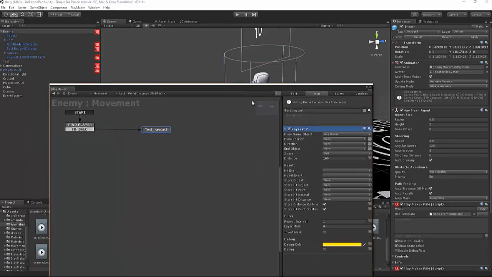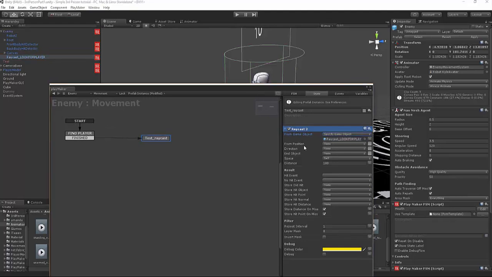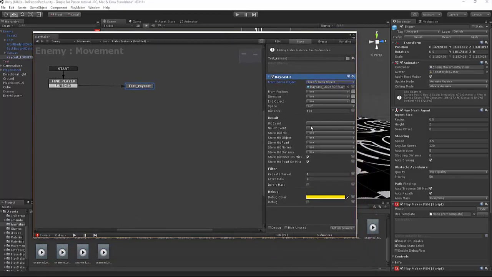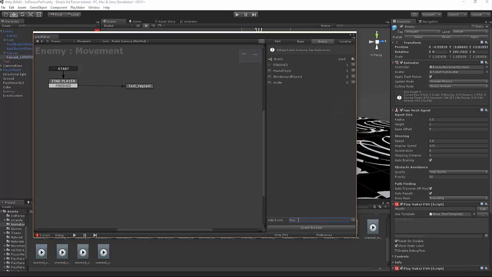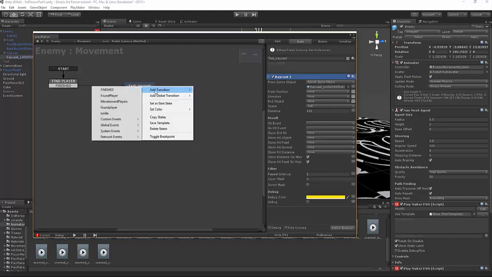So let's jump in here. We'll say from game object, the Raycast look for player. Let's make him look about 100 meters, that's fine. And what we're going to do now is we're going to say if there's a hit, we're going to make a new event. So let's make a new event. We're going to say found player. We actually have that already, but that should be fine. Let's just use this one,